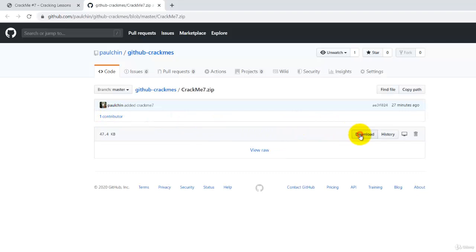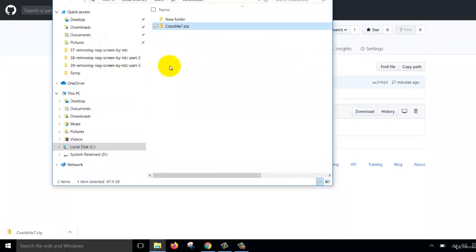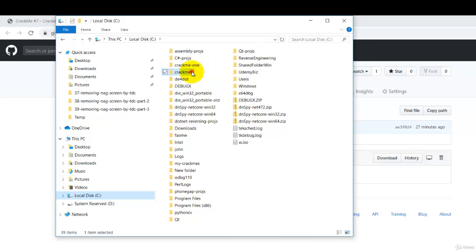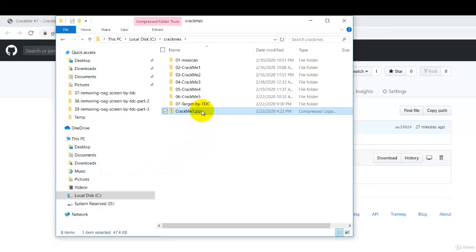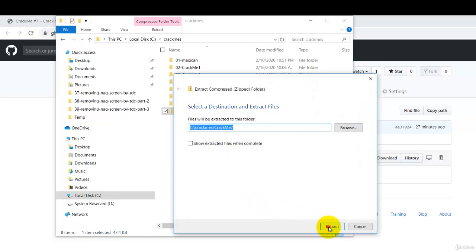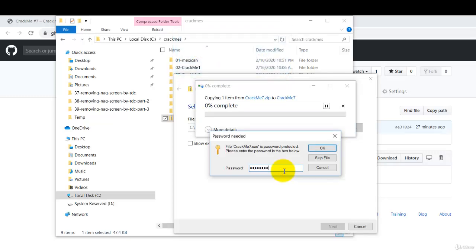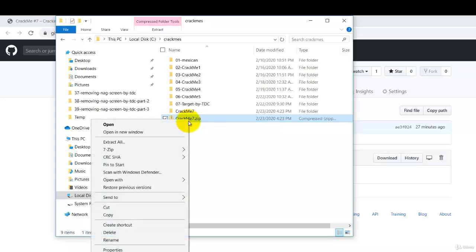Click on the download button. Cut the zip file. Put it in your CrackMe's folder. And then unzip it. The password is crackinglessons.com. After unzipping, you may delete the zip file,